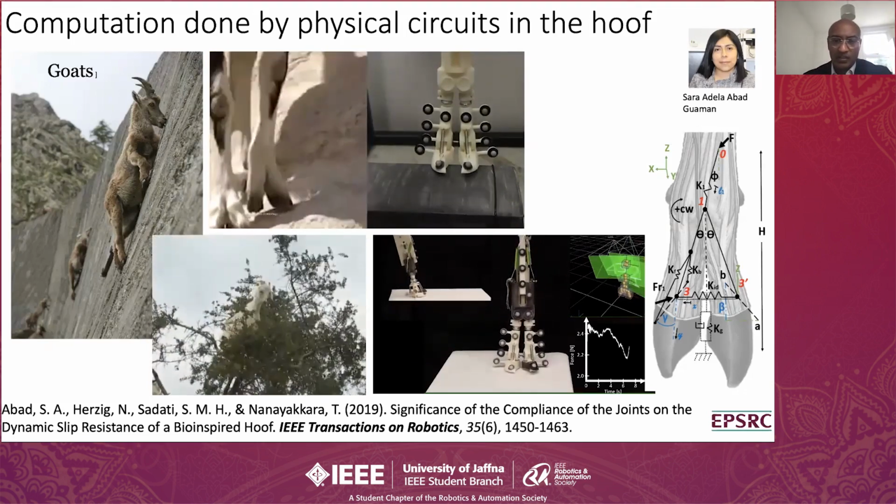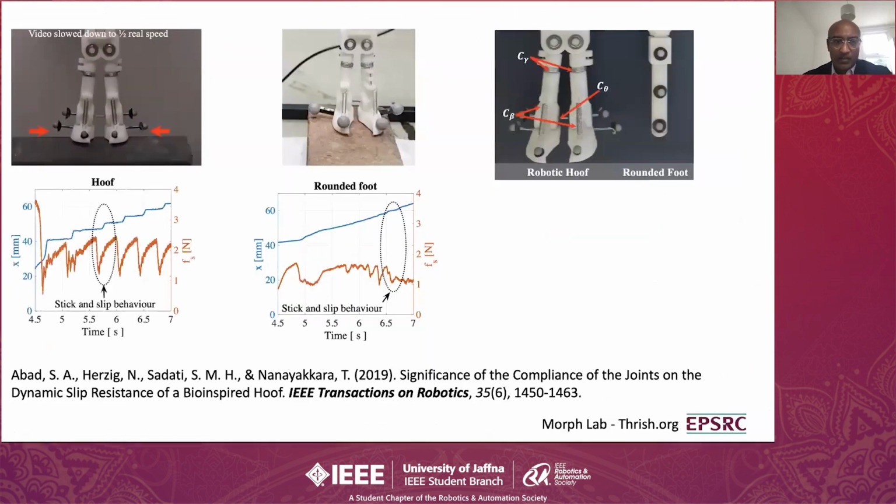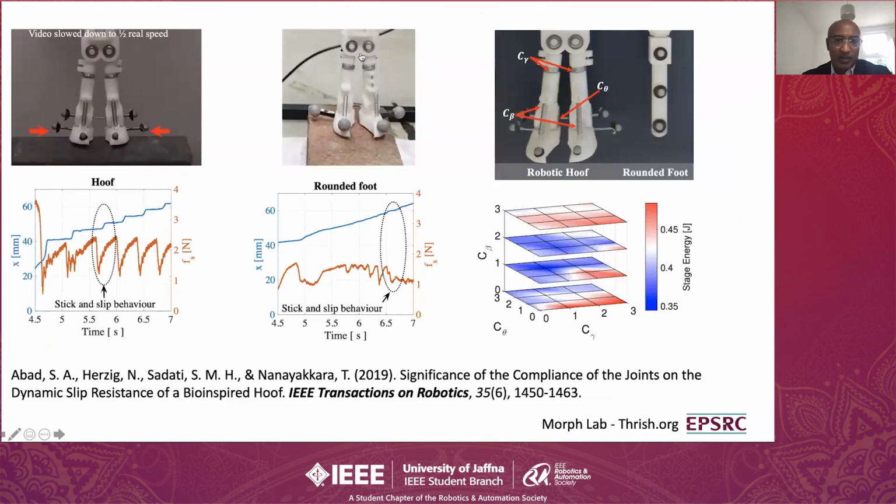It works with chopping friction. So this is what she found out. And then she found that if she has the optimal ligament stiffness distribution, so there should be the strong interdigital ligament, and then the fetlock and coffin joint should have compliance. And then she found that it has the maximum slip resistance.